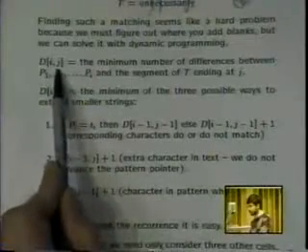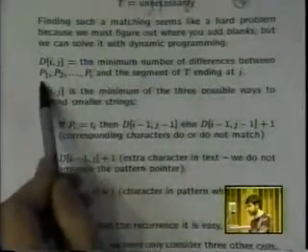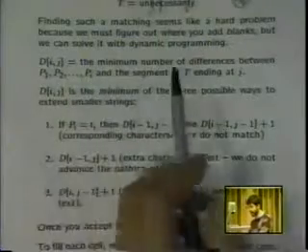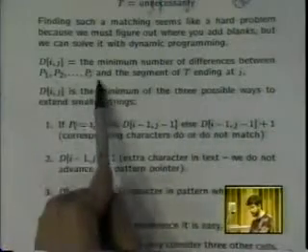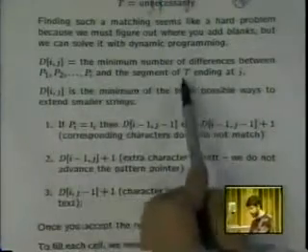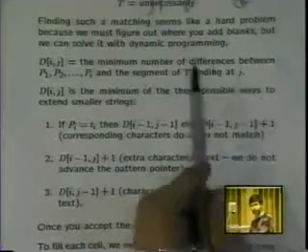I say let's model it as the following kind of a recurrence relation. Let's let d sub ij equal the minimum number of differences between the first i characters of the pattern and, depending upon what you want to do, the text ending in j. Okay? I give this a symmetry.